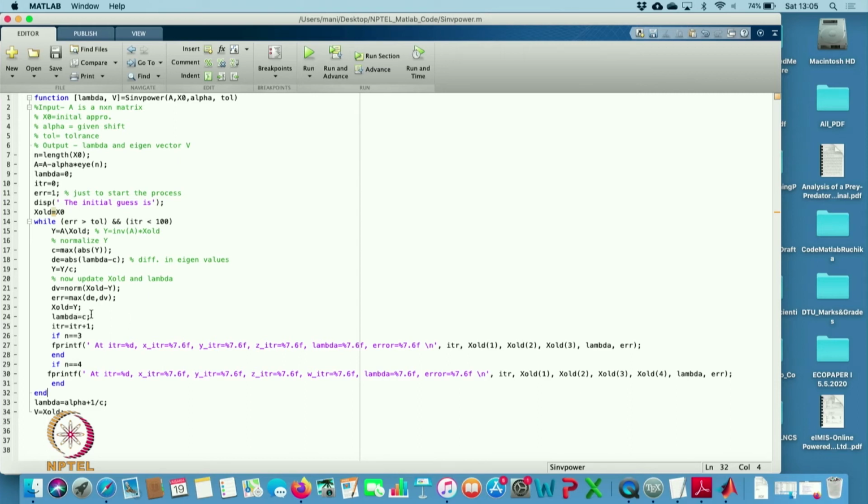So, c and lambda are the same. So, I can write the updated value of lambda as alpha plus 1 by c. That is the value we are getting, and then my x old will go to v, and this will give you the output. So, now I am able to find this value. The only thing is that I have to choose what my alpha is.